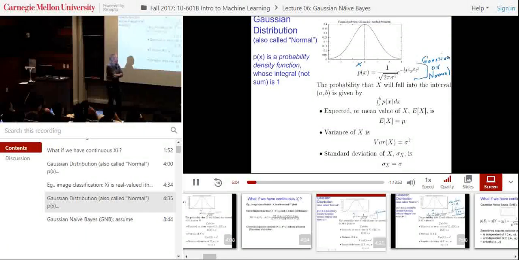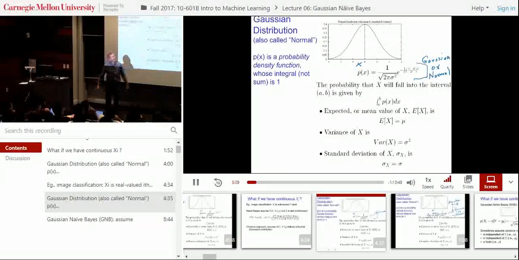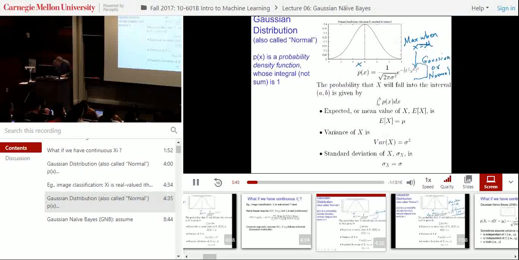What the Gaussian distribution does is assign a probability density. It's a bell-shaped curve. If you look at this formula, the maximum probability is when x equals mu. Mu is the mean